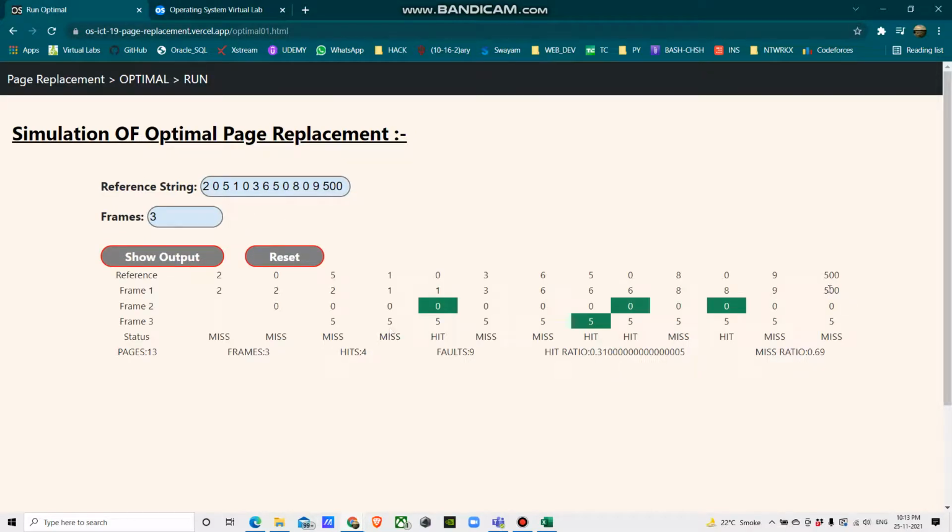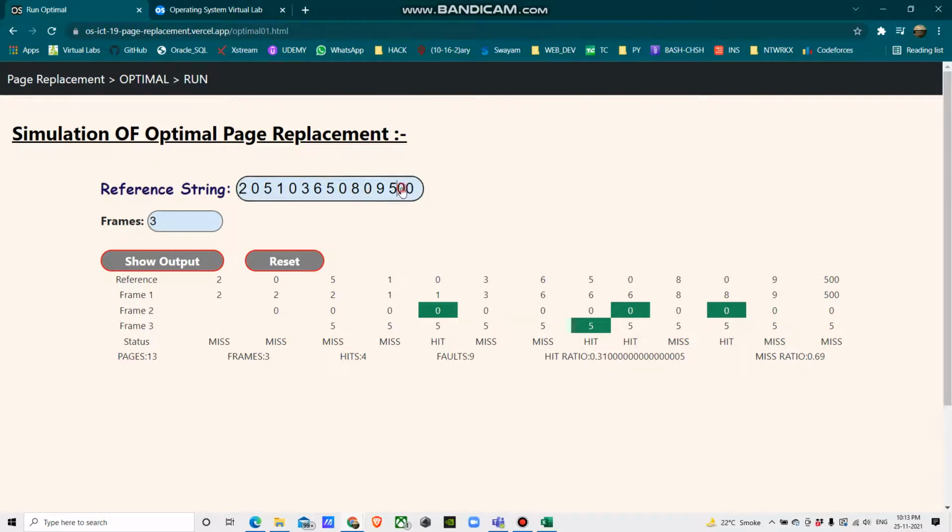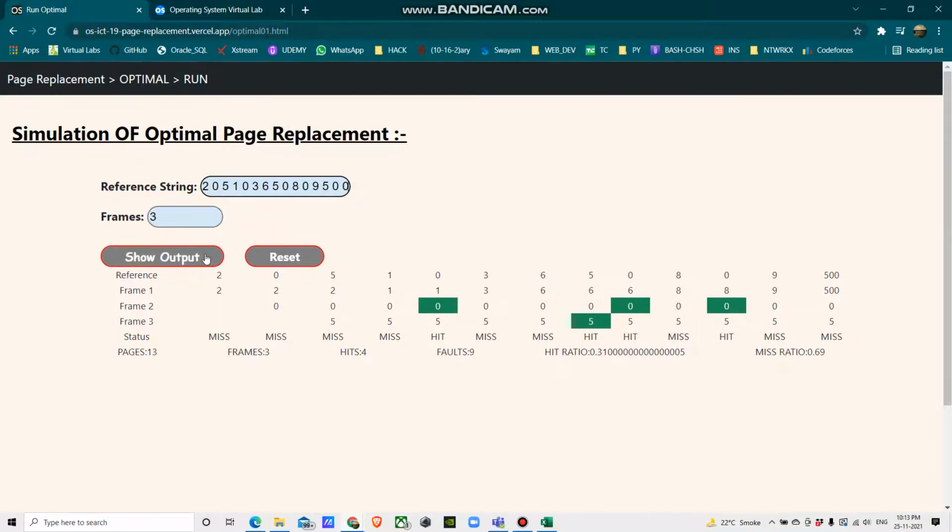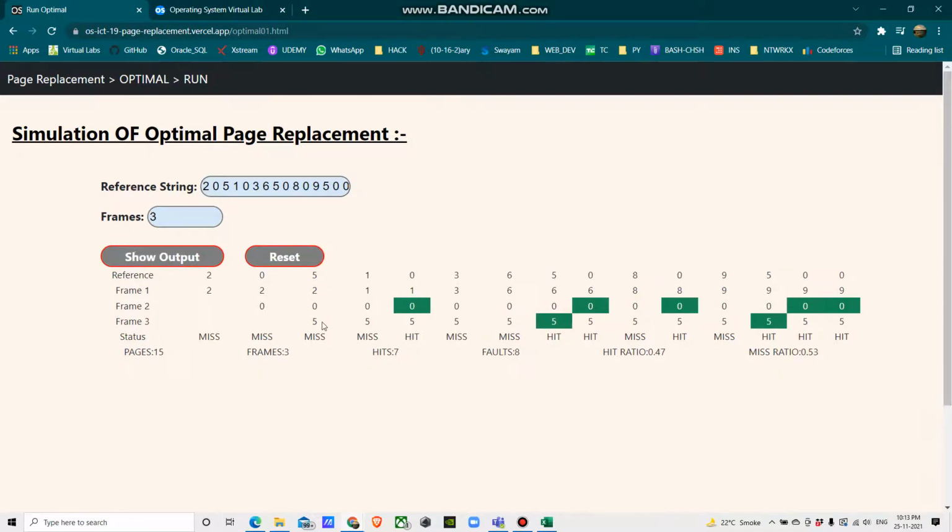Then here it will come as 500 as a page order. Now if we input the space between it, it will become the proper page order. Now we have implemented 15 pages. We have selected 3 frames.